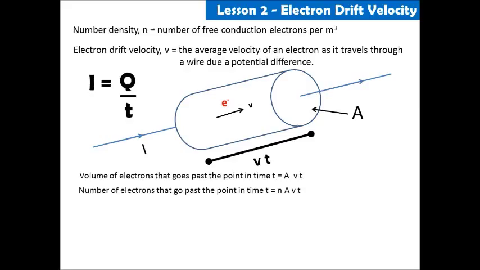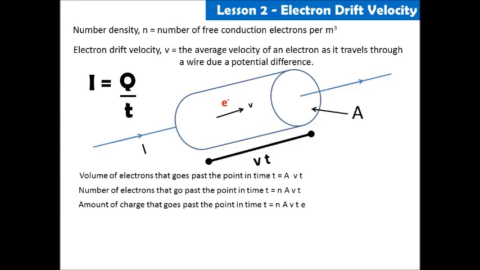Now, don't forget that each electron has a charge of e. So therefore, if this is the number of electrons we've got, then the total charge that goes past this point in time t is equal to nAvt